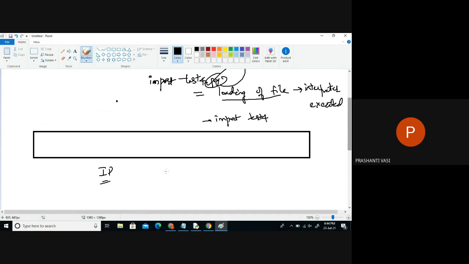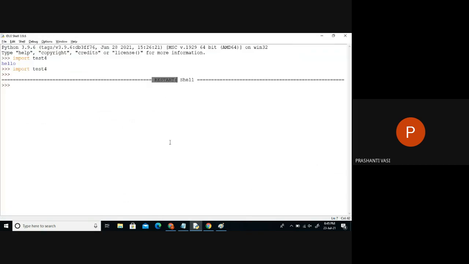Now if you type import again on this shell, with the same file, the same file gets loaded in this software somewhere in the system. And whatever is inside this file will get translated line by line and executed. So the code we wrote was just hello, and the same output will come once again on the screen. You can see this.